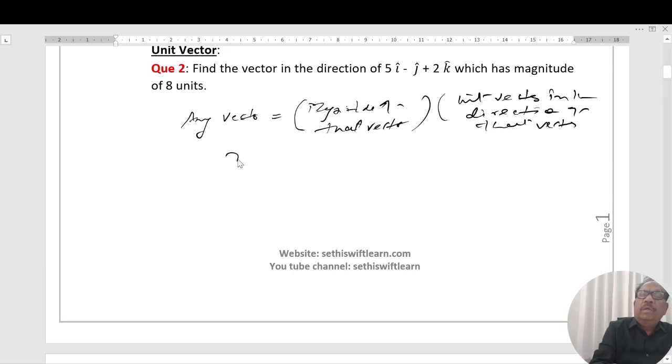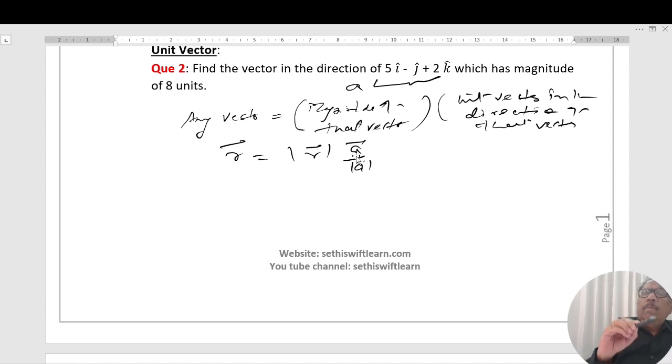That is, any vector R is equal to magnitude of R into unit vector. Say this is vector A, then A divided by its magnitude is the unit vector. So R vector will be equal to